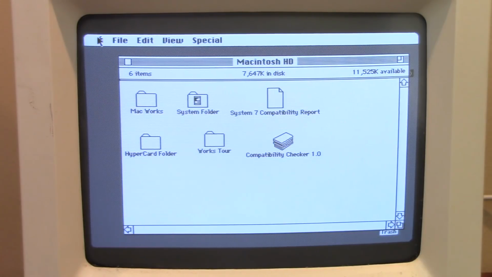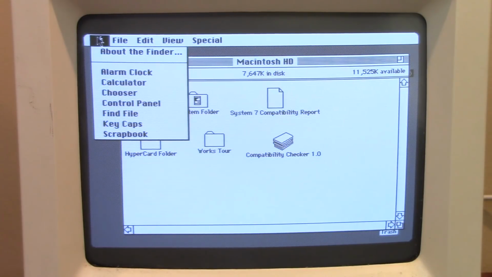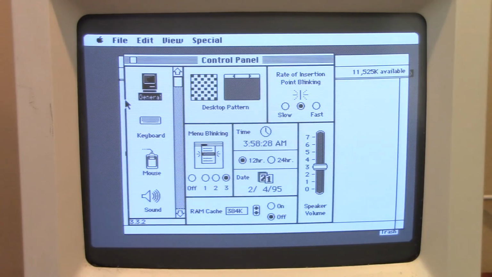So let's go ahead and launch some of these applications. Let's launch the control panel here. And I do want to very briefly talk about how this control panel was designed. When Apple was designing it, they wanted it to show off the graphical user interface. That was the whole purpose of making this operating system. They wanted to really show off what the graphical user interface was capable of, because you have to remember,